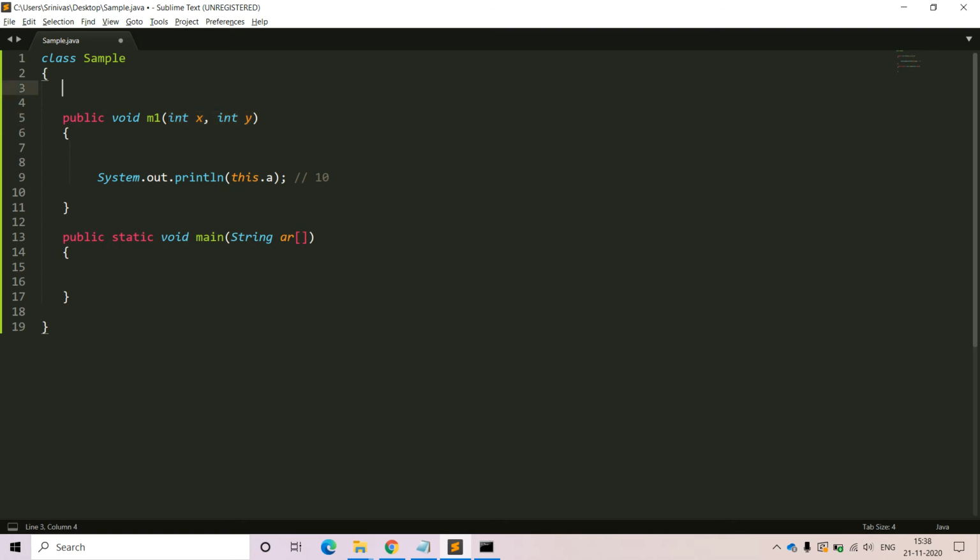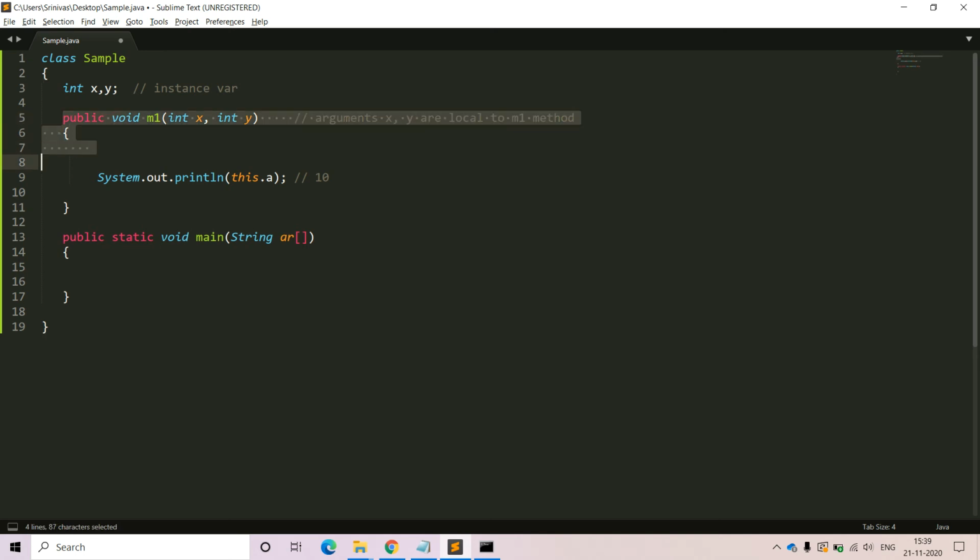As well as that, within the class itself we have instance variables, the two instance variables int x, int y. So these two variables are instance variables, and the arguments are local. Arguments x, y are local to the m1 method. That means the scope of this x and y will be available within this method only. We are unable to access them outside of the method.